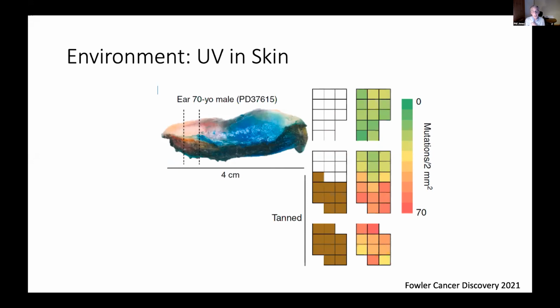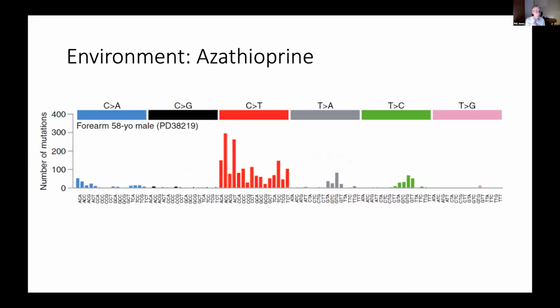In this study, there was one outlier who had a very high mutational burden in the skin. This was a transplant recipient receiving azathioprine, and their mutational signature was SBS32, azathioprine. And it turned out in this patient, they had very little UV. Their landscape was dominated by mutations generated by immunosuppression. And these patients have a very high incidence of squamous cancer of the skin. And this is suggesting that those cancers might be generated by the drugs they're receiving to suppress their immunity.